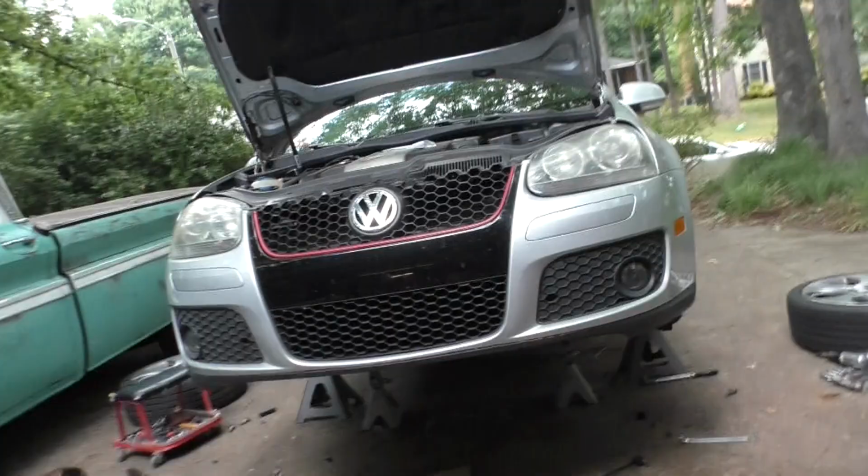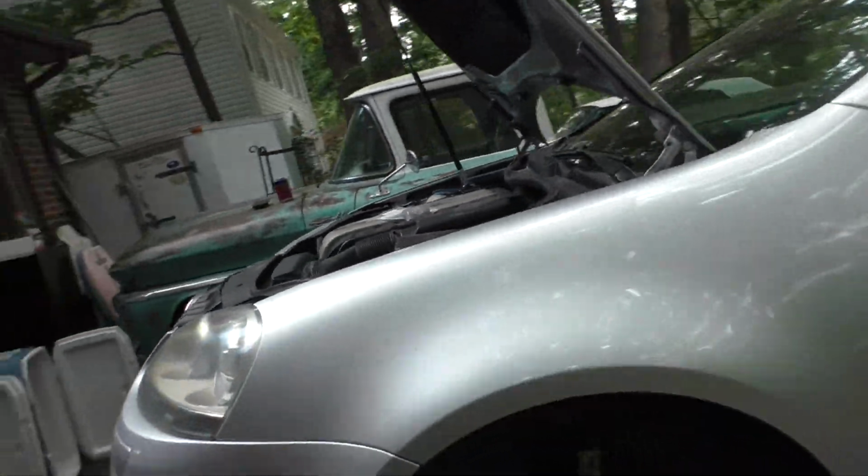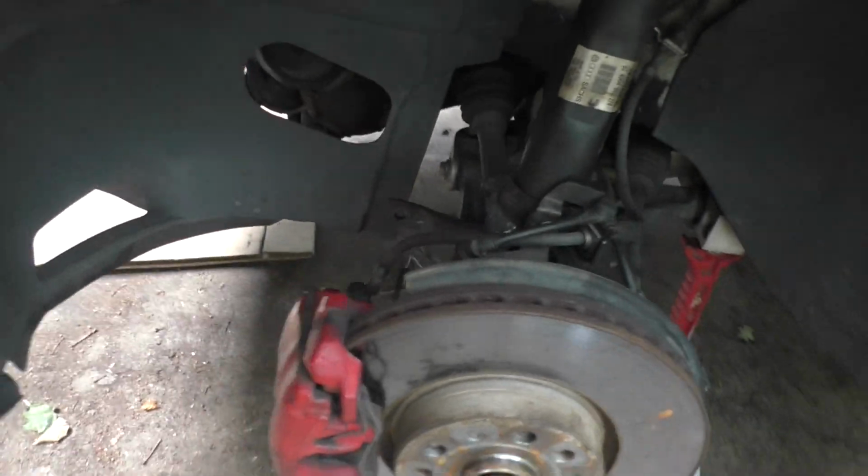So it's the next weekend. It's not as sunny, but it's probably just as hot. I went ahead and decided, because I couldn't get this sway bar link off on whatever, I went ahead and ordered new ones. Was able to loosen this apart, torch this one out, and also remember how rusty that bolt was